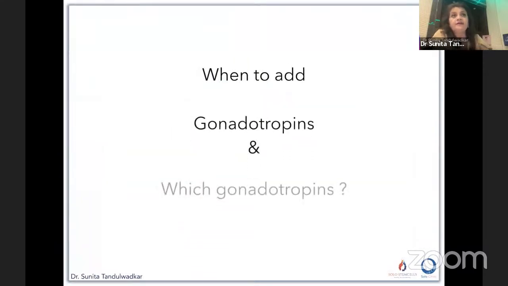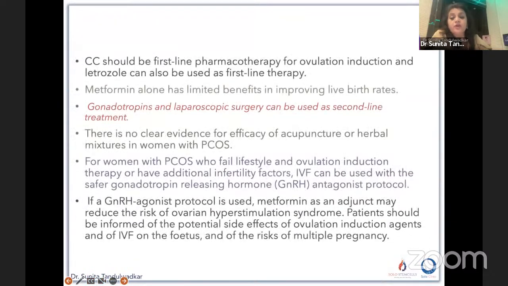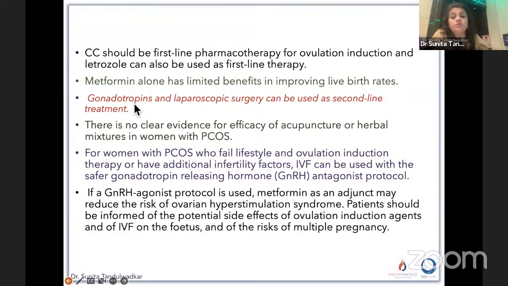So last time, we discussed that in PCOS, letrozole can be considered as a first line of treatment. Now, when to add gonadotrophins, and if at all, which gonadotrophin? Gonadotrophin comes in PCOS as a second line of treatment. Either if there is letrozole resistance or letrozole failure, we add on gonadotrophin, and we can do the laparoscopic evaluation and